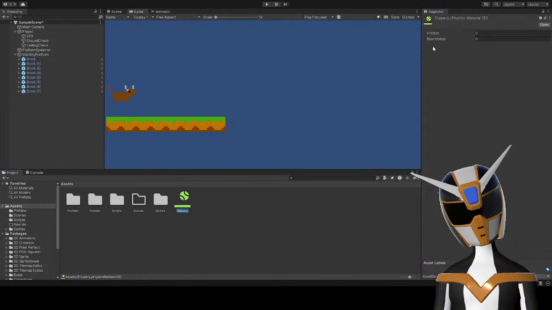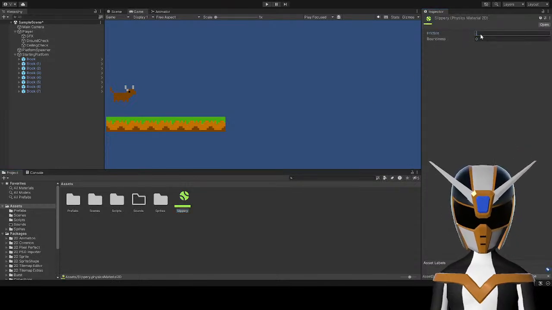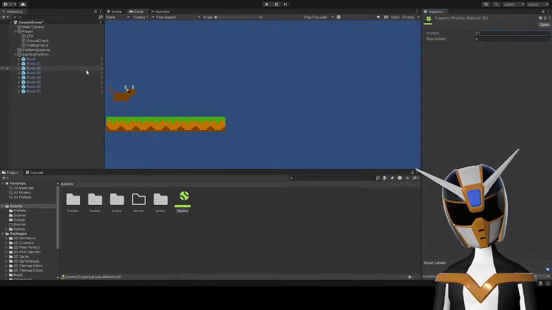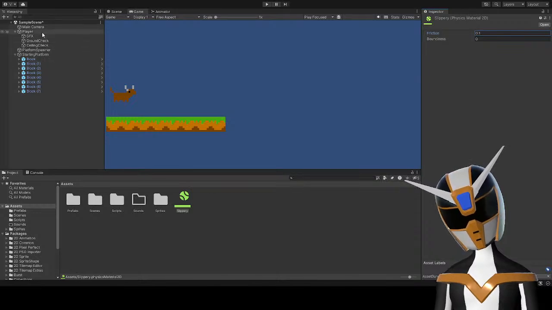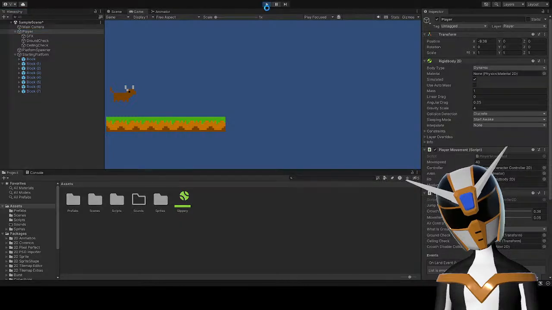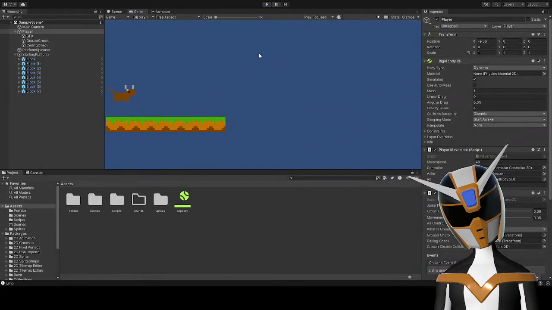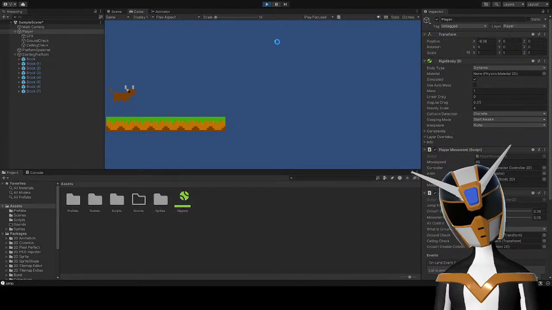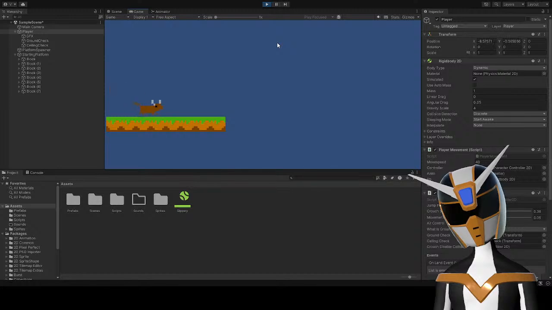Okay. I totally forget what I'm supposed to do. I know I don't want any bounciness. I don't know. I'll figure it out. Okay. I guess that worked. That worked, right? Yeah, I just needed the right kind of physics material.